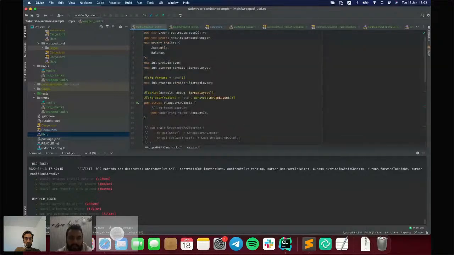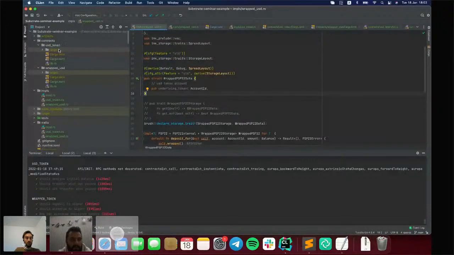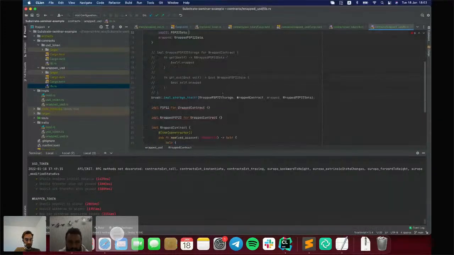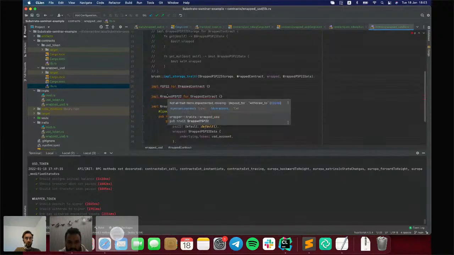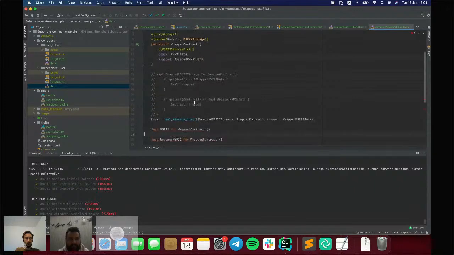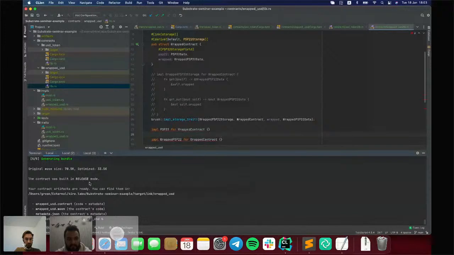Okay, so it is publicly imported here, and the implementation is also public. So we can use it here, and it should be enough. Let's try to build it.